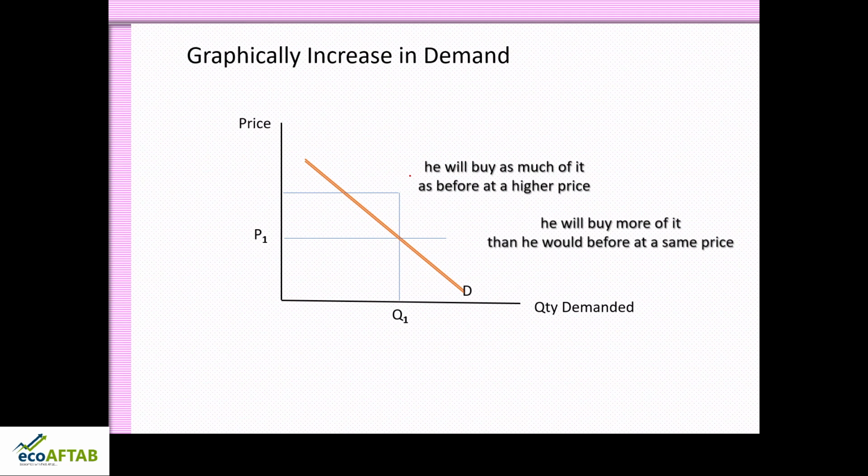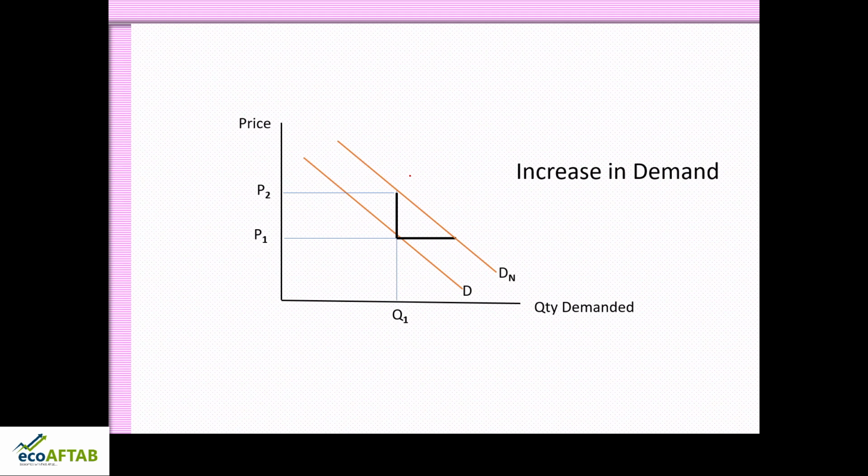So if you observe the graph, we are moving away from the original demand curve D. In what direction are we moving away? You can see here the thick bold black line. So the consumer will either move upwards or he will move downwards. So in both the situations, what we can see is the consumer is buying more things. So here the consumer will be having a new demand and he will shift to a new demand curve, and that is called an increase in demand.